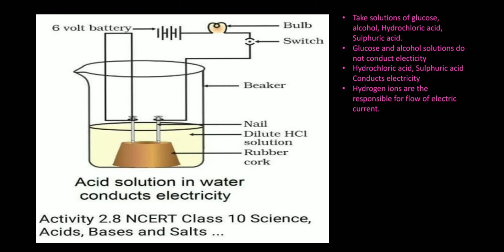Next, take sulfuric acid now, dilute sulfuric acid. How to make dilute sulfuric acid? Acid is added to the water, and now it is dilute sulfuric acid. Again take the dilute sulfuric acid and add it to the beaker. Before it was switched off; now switch on the button slowly. Then observe whether the bulb will glow or not. If the bulb glows, there is a completion of the circuit because of the dilute sulfuric acid.